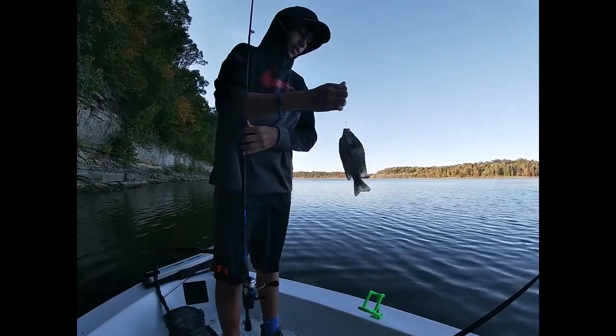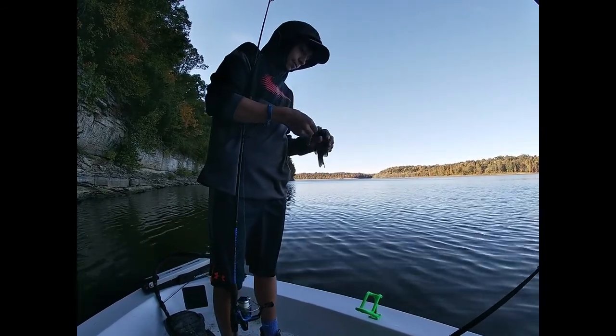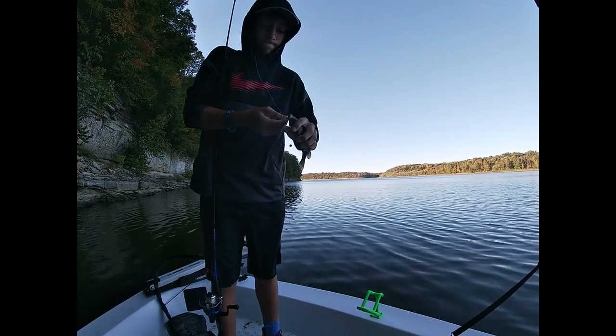Pretty good sized bluegill. Well, I think we're gonna call it a day on that fish right there. Go back to the house, get warm, and get something to eat. Hope y'all have enjoyed it, and